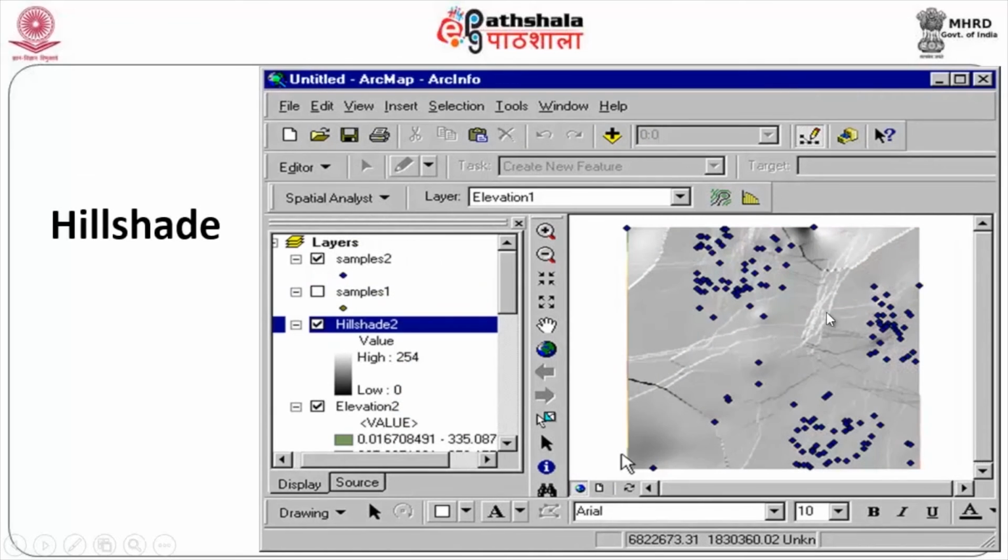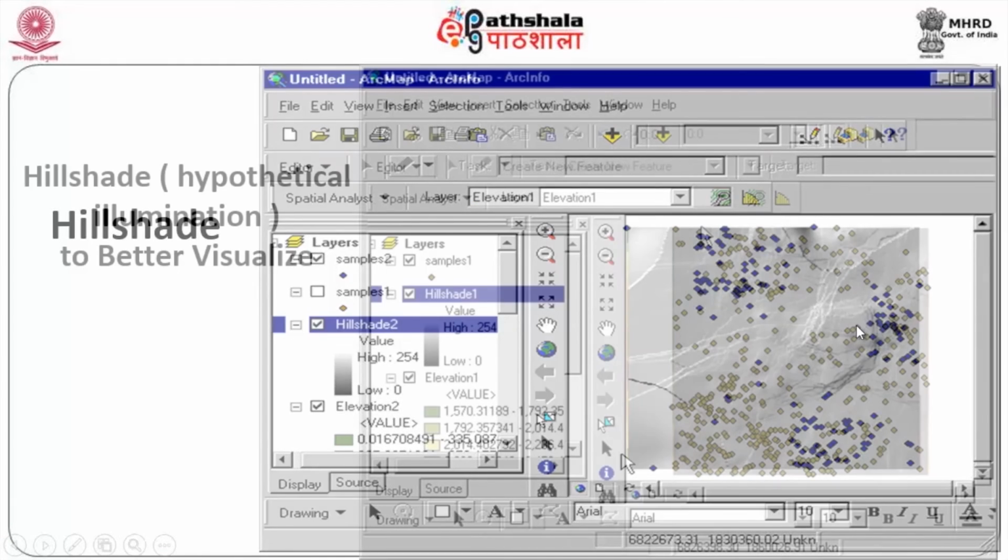So, hill shading, you see here, of course, it does not show a third dimension, but still hill shading will be there, indicating this is the highest point. Slowly it is decreasing and it reaches a point where it will be the minimum here, 1500 and odd. So, these are the various values. Of course, we cannot get valleys and depressions here, but just a hill shading will give an idea how it has been depicted in the land.